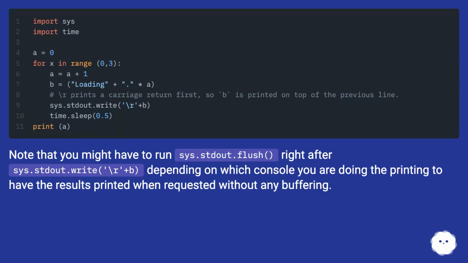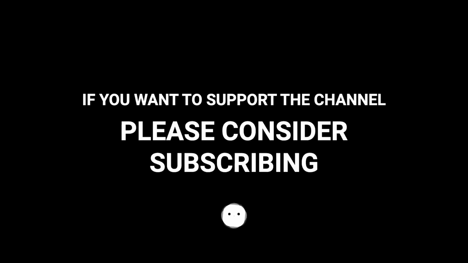Note that you might have to run sys.stdout.flush right after sys.stdout.write \r, depending on which console you are doing the printing to, to have the results printed when requested without any buffering. If you want to